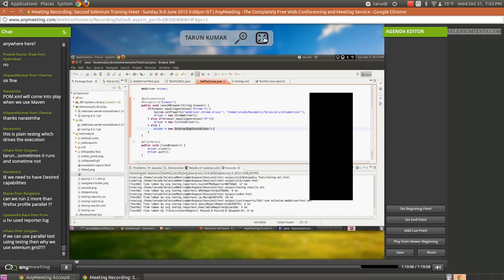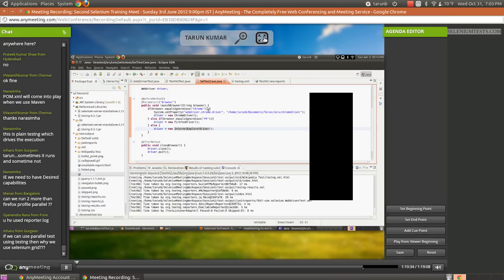If we can use parallel tests using TestNG, why do we use Selenium Grid? Good question. So Manoj, when we come to Selenium Grid, we'll see that you can execute tests on different machines. You can direct that some of your tests should be executed on Mac Safari, some of your tests should be executed on Windows 7 Internet Explorer. Such a combination is really easy to achieve with Selenium Grid rather than just TestNG. But if your requirement is not that, then TestNG will do good enough for you.